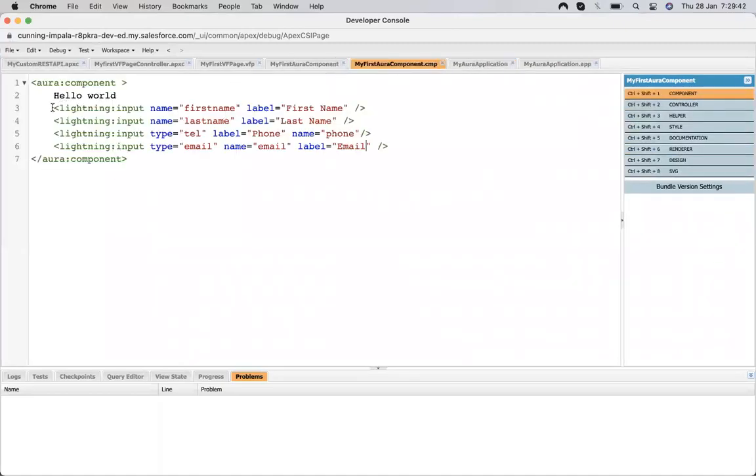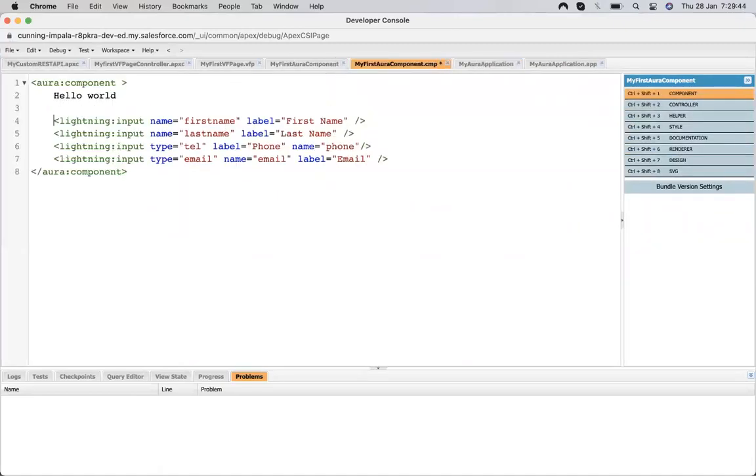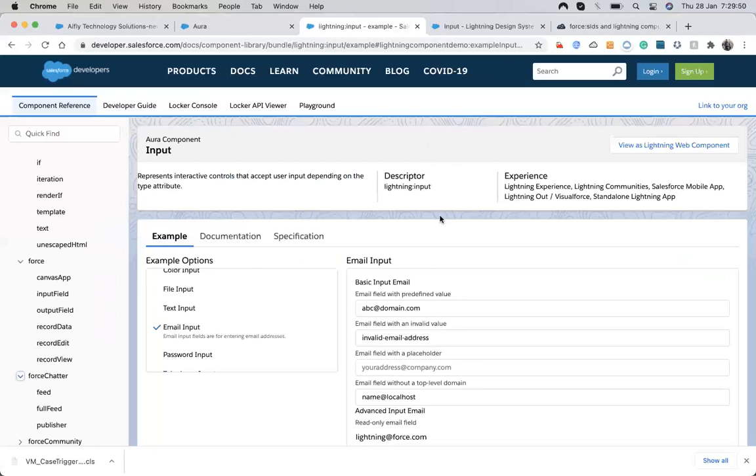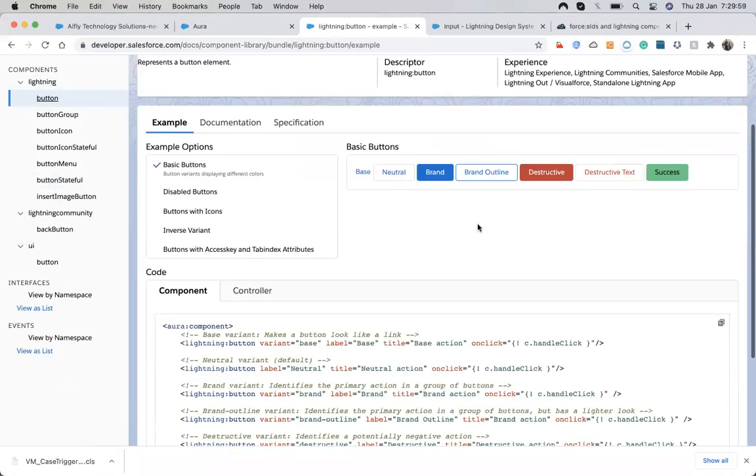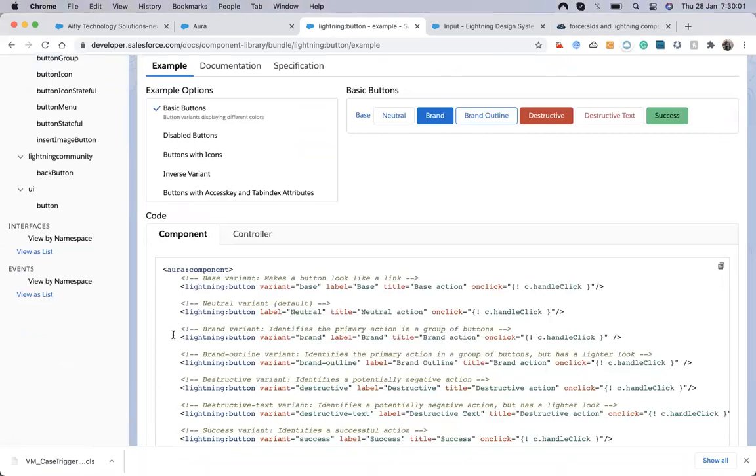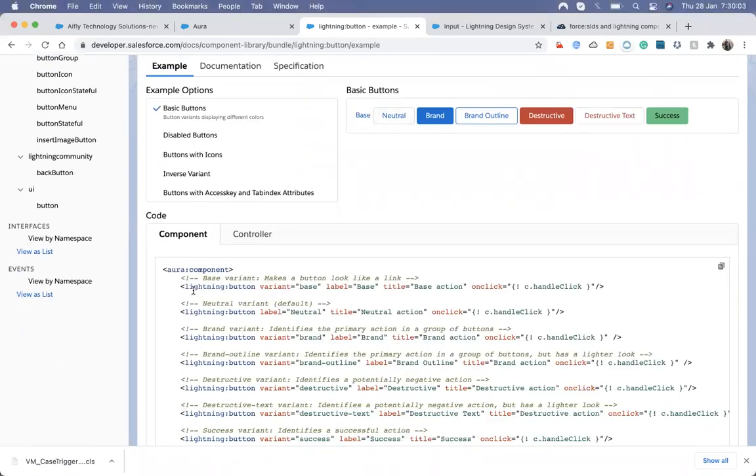Okay, so now let's create a button up here. So creating a button, let's type button. You can see, click on that. That's a button. So let's copy this button.